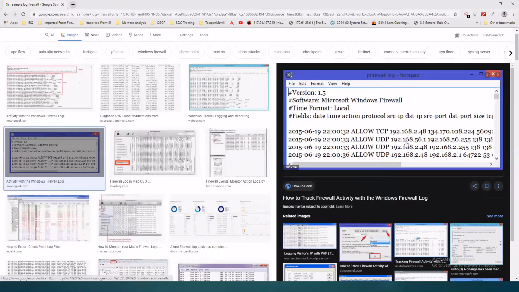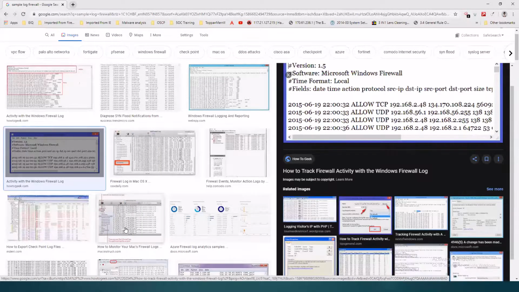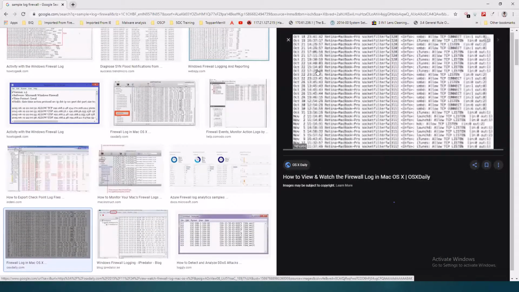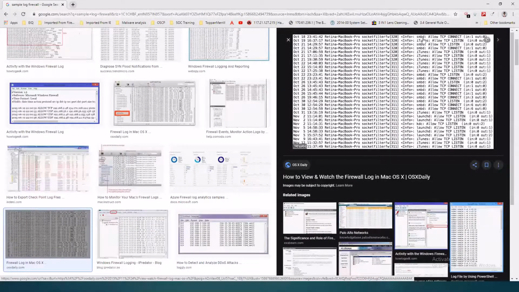This would be a firewall log, a sample log file. This is your log file showing you activity happening at that point in time. Usually these are log files stored on your system, on your Windows system.